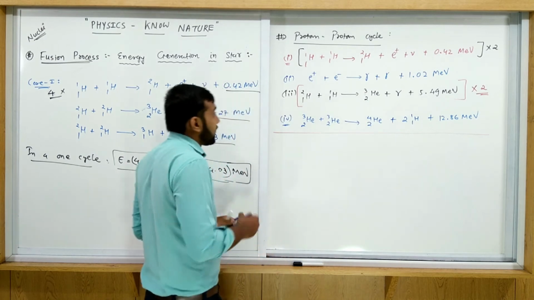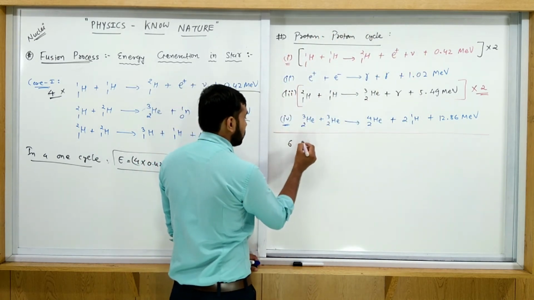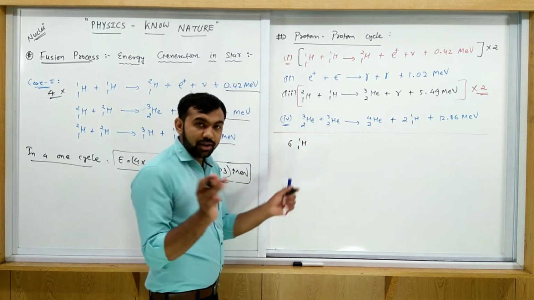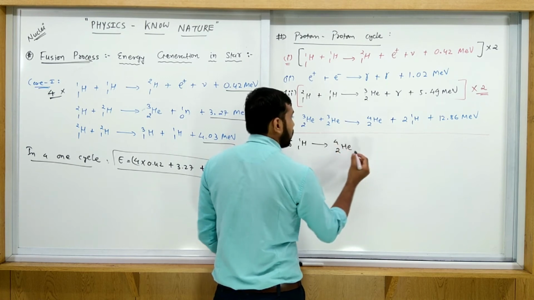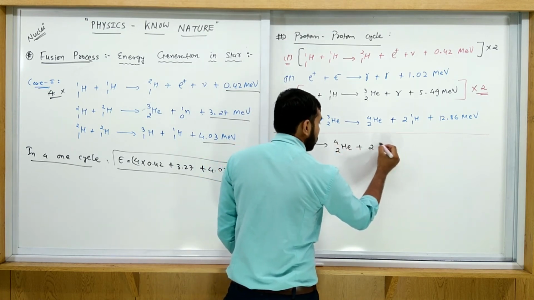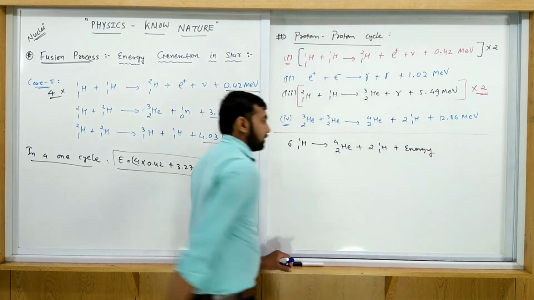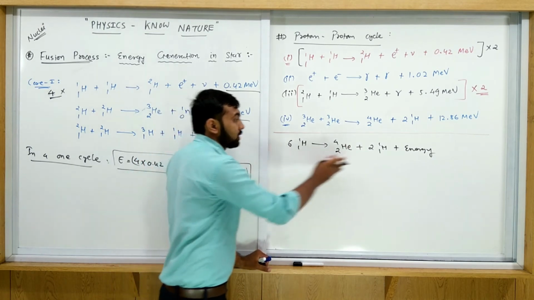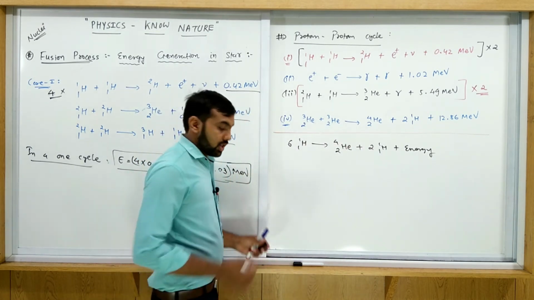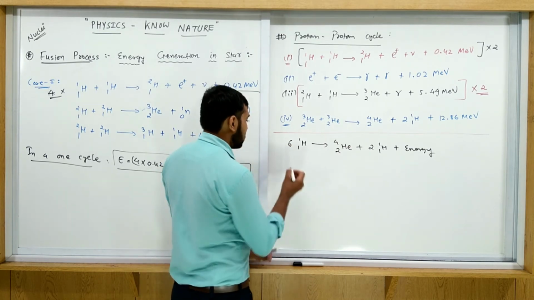Okay, so let's write the conclusion of this final process. So 6 hydrogen are fused into each other, and it forms 2 He4 plus 2 into 1H1 plus energy. Actually, after the completion of the process you will get these 2 hydrogen back. So what is the final one? So finally you only require 4 hydrogen in this process.